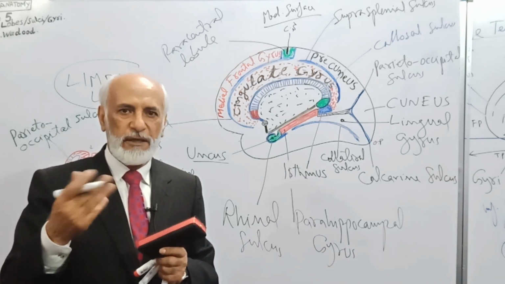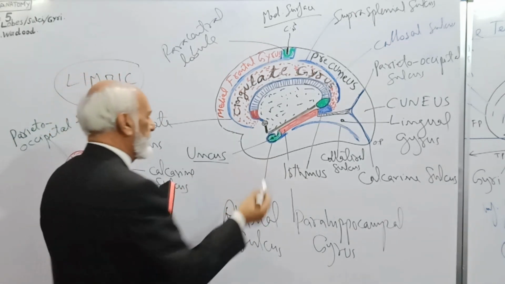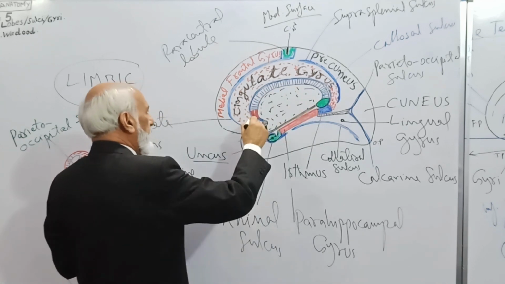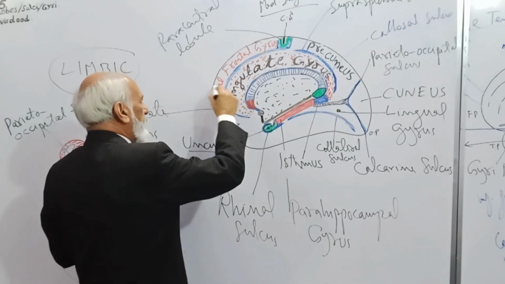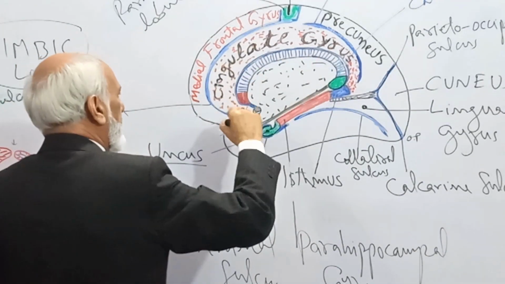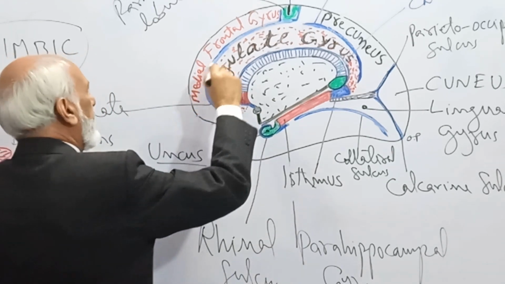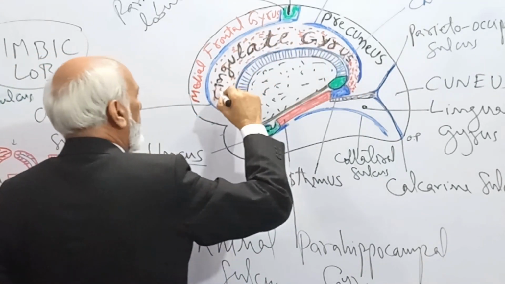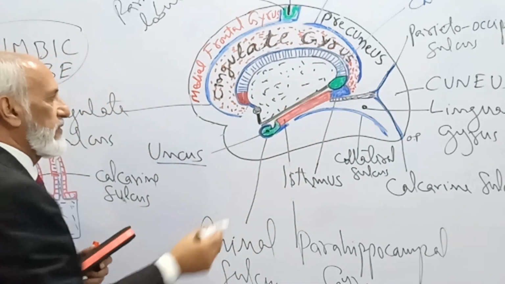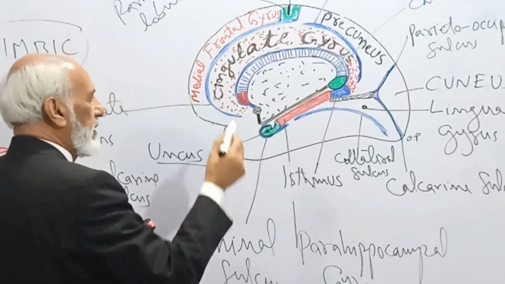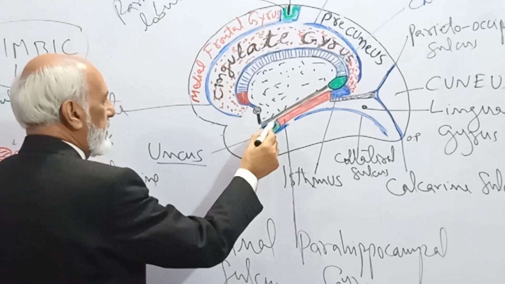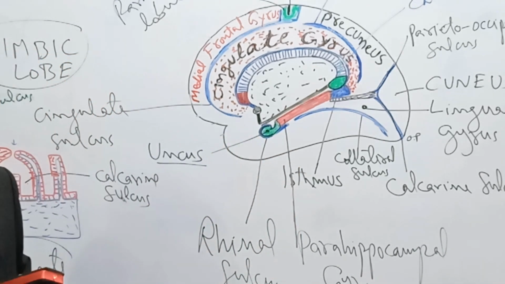I will just rename these again. These are the midline structure, and the major part is the corpus callosum. The corpus callosum is separated from rest of the medial surface by callosal sulcus. Between callosal sulcus and the cingulate sulcus and suprasplenial sulcus is the cingulate gyrus, which is continued as another small gyrus called isthmus, which is still continued as an elongated gyrus known as the parahippocampal gyrus. Then this hook-shaped gyrus is called the uncus.